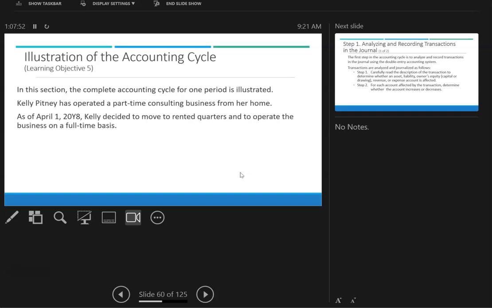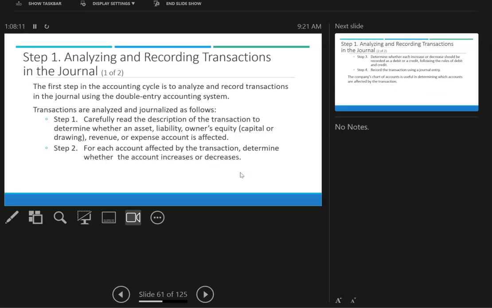In this section, we're showing the entire accounting cycle for Kelly Pitney. She's got a part-time consulting business. On April 1st, 2028, Kelly decided to move to rented quarters and to operate the business on a full-time basis. The first step in the accounting cycle is to analyze and record transactions in the journal using that double entry